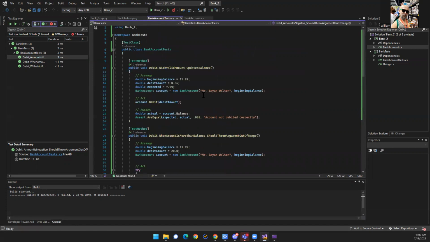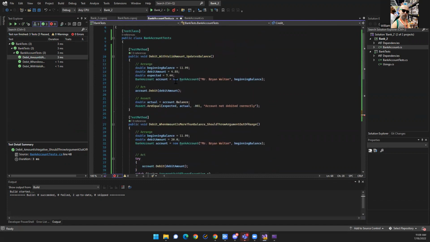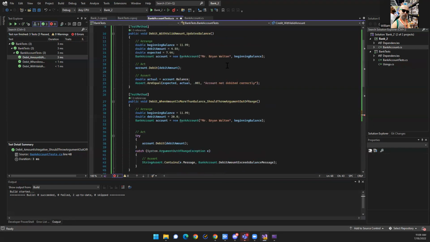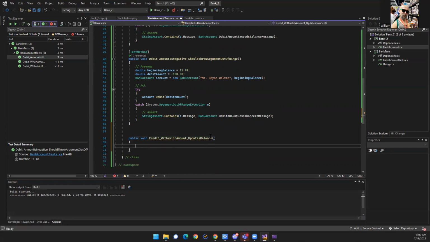working. I'm going to come over here to bank account test. Public void credit. So I'm saying which method I'm working with. What they call it, with valid amount, and then updates balance. So again, we are going to do our arrange, act, assert,